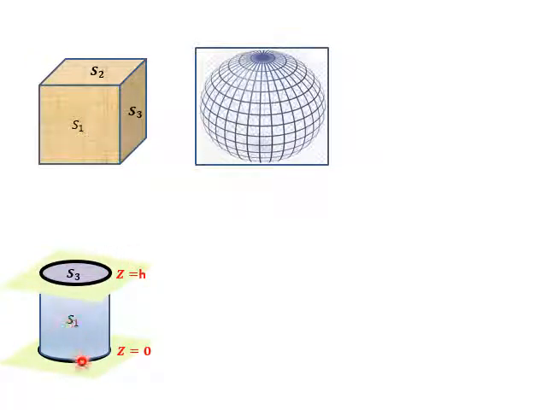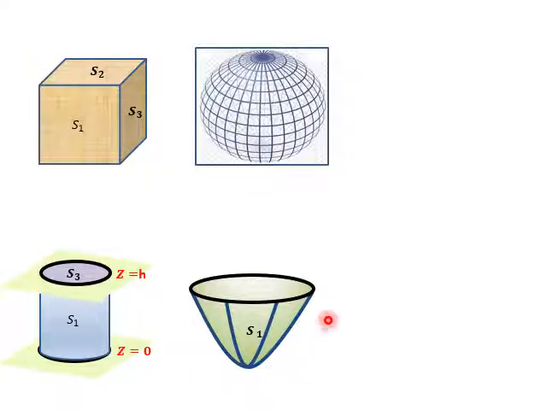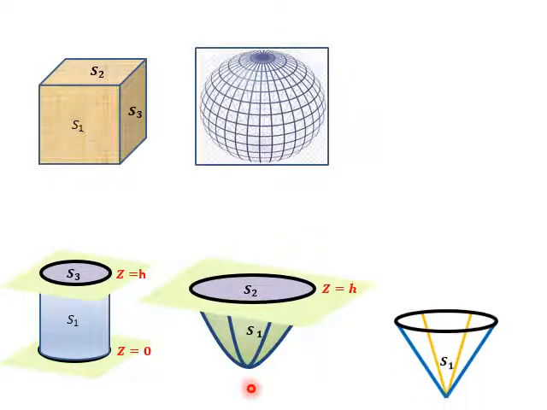So, the surface of the cylinder S1 plus surface of the bottom lid S2 plus surface of the top lid S3 put together form a closed surface. If we want to apply divergence theorem over a cylinder, the cylinder should be closed with a top and bottom lid like this. Similarly, the surface of a paraboloid is an open surface. If we want to apply divergence theorem, the paraboloid surface is closed with a top lid at z equal to h. S1 union S2 is now a closed surface.